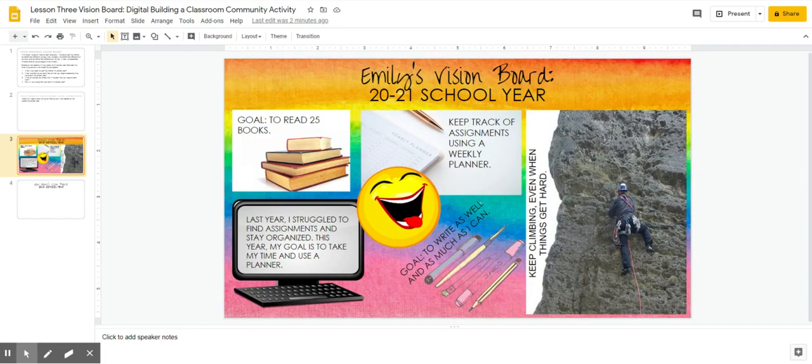A sample vision board is provided, and I am going to show you how to create a board similar to this. Notice this board has a heading, Emily's Vision Board, 2021 school year. Notice it includes goals like reading 25 books, writing as much as you can. Notice it has some different things like keep climbing even when things get hard, some encouraging statements, some reminders to keep track of assignments using a weekly planner, and some failures that the student learned from that they hope to